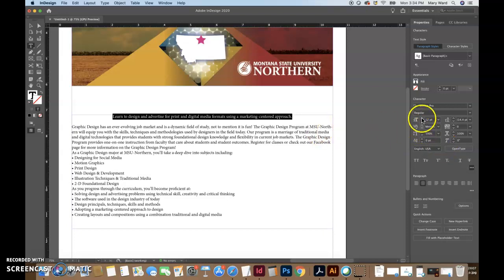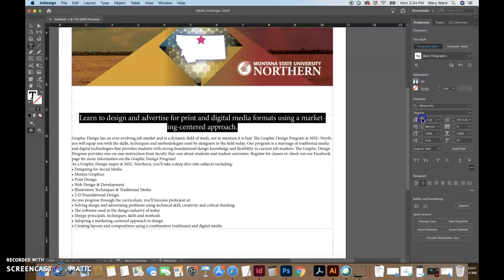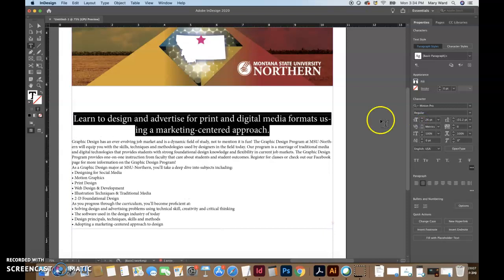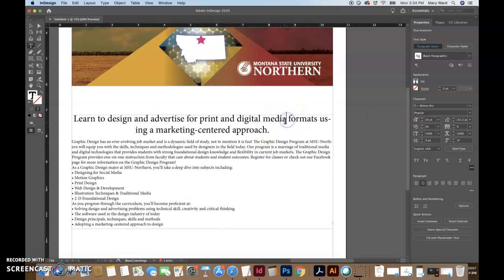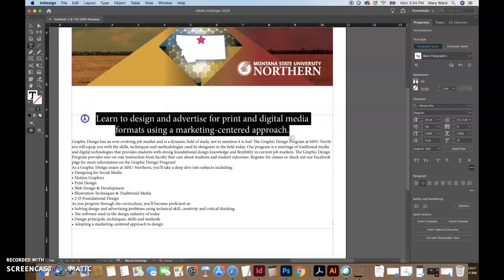So let's make this text bigger. Let's make it 26. And we will put a return after media so that this is on 2 lines. So we're going to treat this kind of like a headline. I took out that extra space, not a huge deal, and we're just going to treat this first paragraph or sentence as a headline, and then we can change the color over here. I'm running out of time on this video, so we will continue on in the next